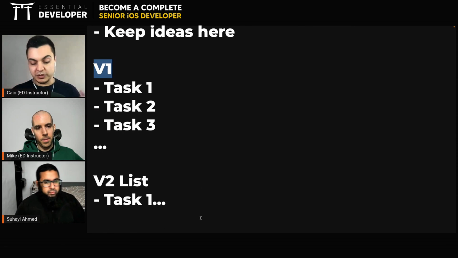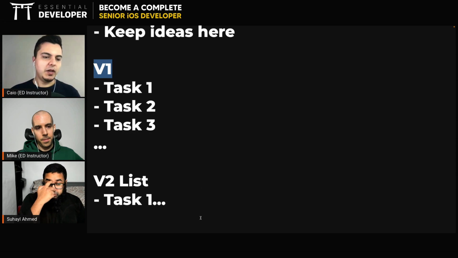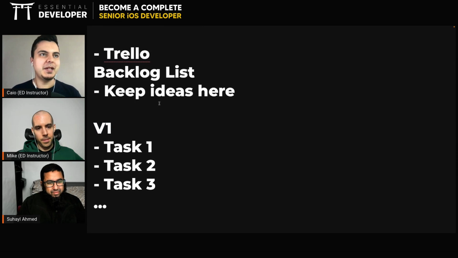Every time you are coding, an idea comes, oh, I could implement this thing. Don't add it to V1. It was not there. Write a card and keep it in the backlog. Immediately when you have an idea, you put it in the backlog. Then you free your mind to focus on the task at hand.